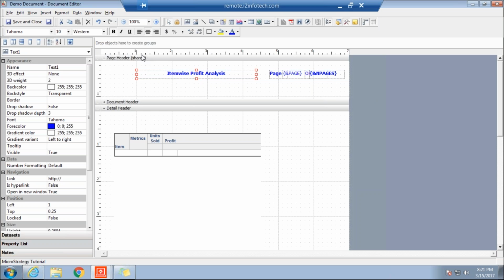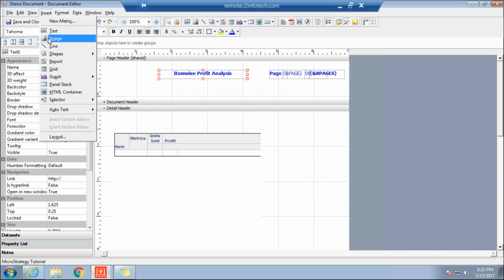So one is title you place, in each and every page that gets repeated, page numbers you get in, and apart from that, here we cannot do it, but in a real-time machine, what we do basically is in the page header, the other control which we'll be using mostly is your client logo. So generally, in real time, you'll have a server. In that particular server, admin is going to put those images, and then they are going to give you the path of that image. So once they give you that particular path of the image, just come to insert,